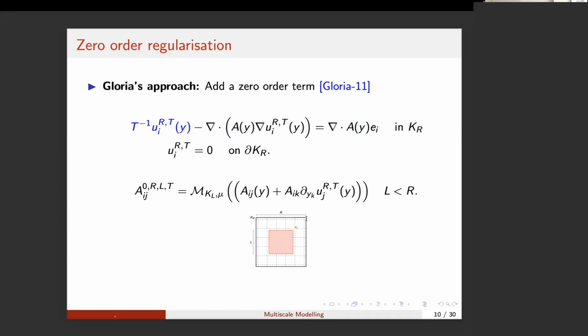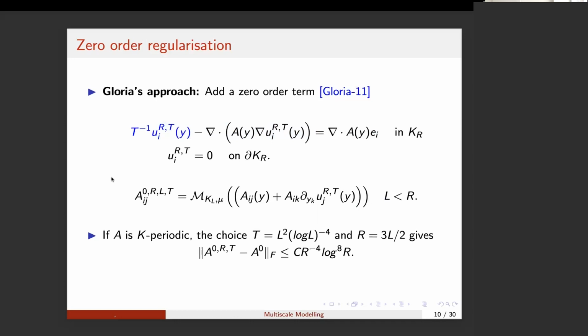So KR is a domain which is chosen to be sufficiently large. And the averaging here contains, again, two terms, but it takes place over a smaller region, which we denote as KL. Okay. And this is sort of the idea of oversampling. So if we apply this strategy, then